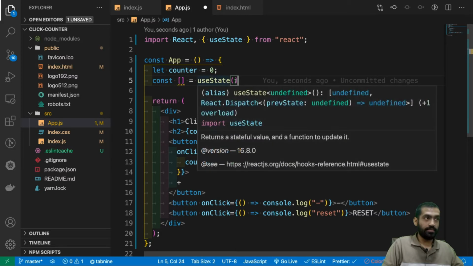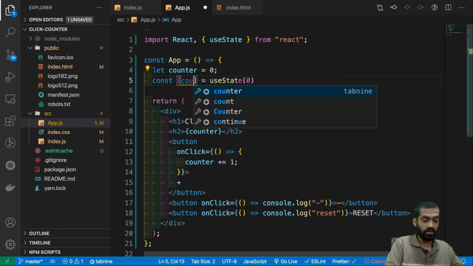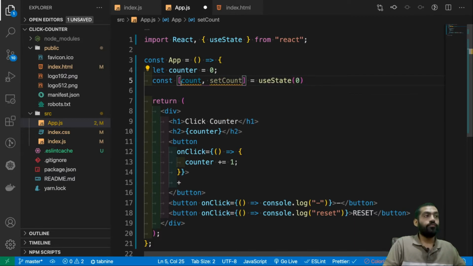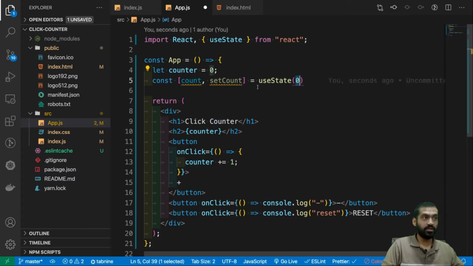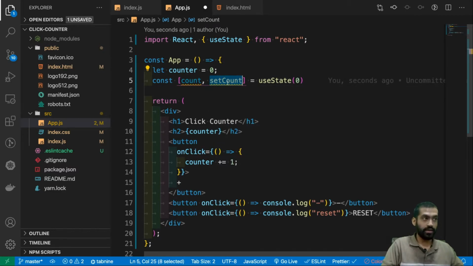So essentially what is happening here is, this useState first of all takes an initial value. So the initial value of the counter should be what? 0, and then it gives me two things. First is the count, and then is the set count. So the first thing is the current value of this variable, or the current value of the data that we have, and second is a function to set it to new data. Okay, why has React done this instead of doing something like this?